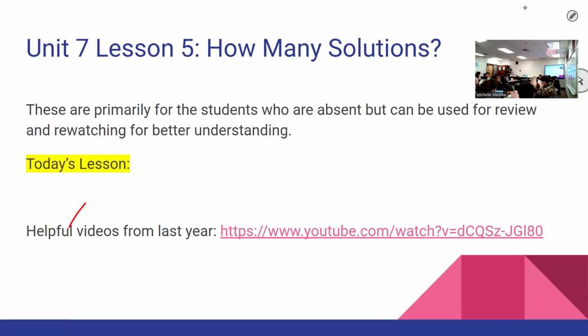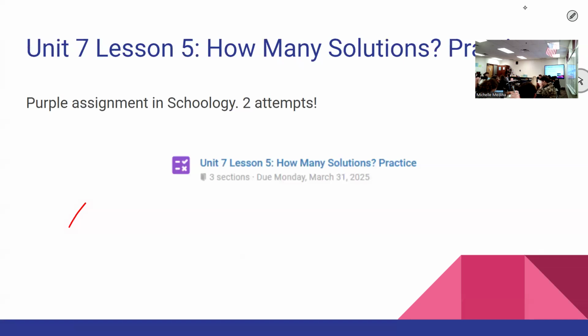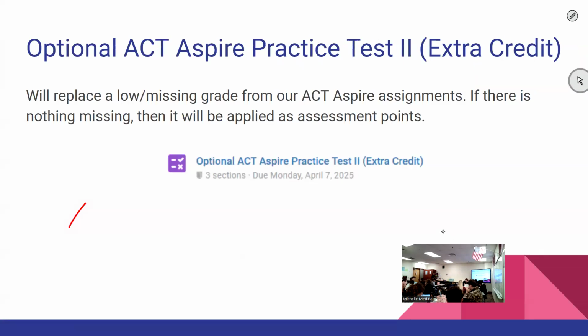You can always get ahead too. The practice is in Schoology, lesson 5. And this assignment I've talked about before, but I just want to remind you, last week we did some ACT exemplar tests, and you may or may not have lost points on them. This would be a great way to redeem yourself. It'll apply as extra credit assessment points based on how well you do. And it's basically a retake for that exemplar test. So it gets you extra credit, it makes up for lost points, and it'll help prepare you for your ACT